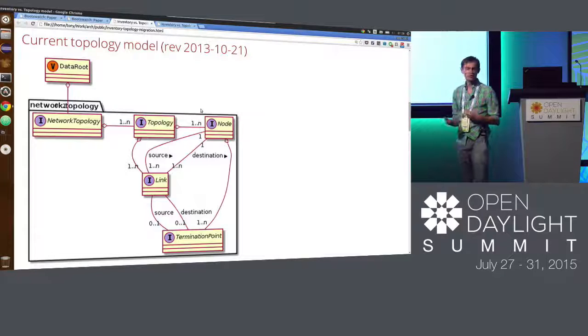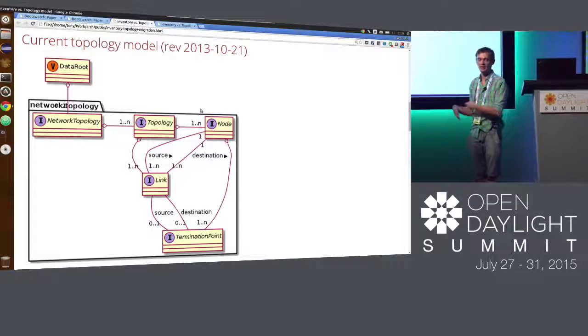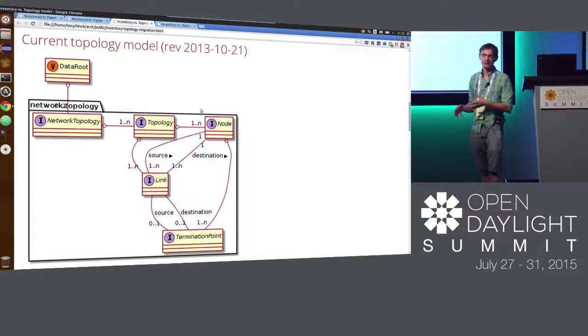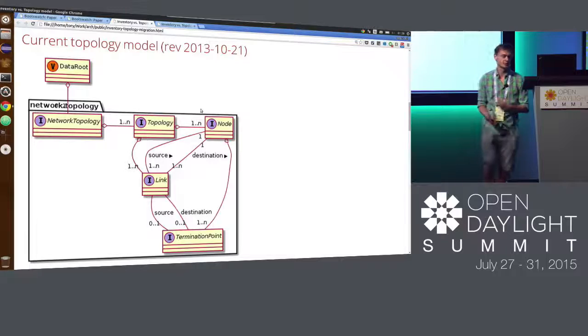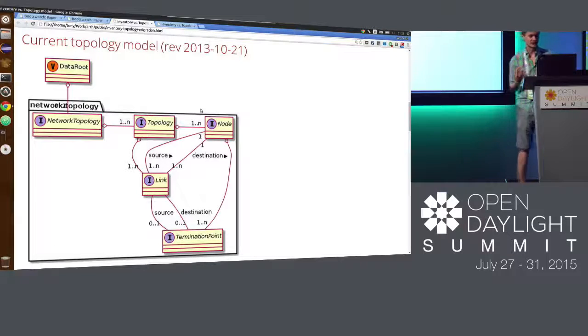And also these topologies could be underlay, overlay, and you could also express the relationship between the nodes in a way that, okay, this node is supported by the other node. So imagine that you have virtual switches running on a hardware node. So you have a hardware-like topology on which you will map the virtual switches using this supporting node concept. This is a bit advanced model,